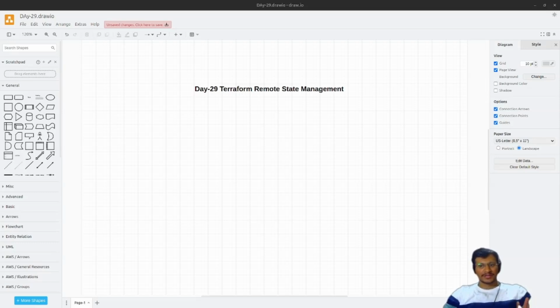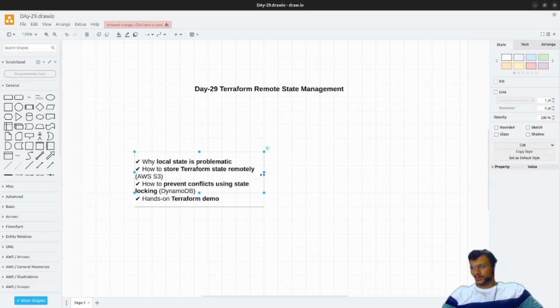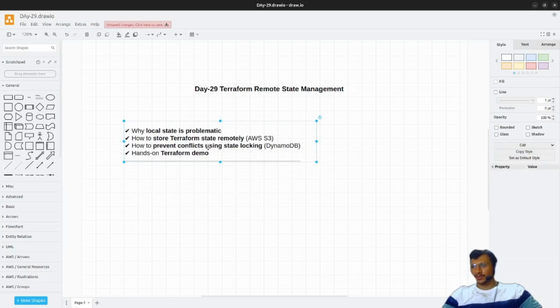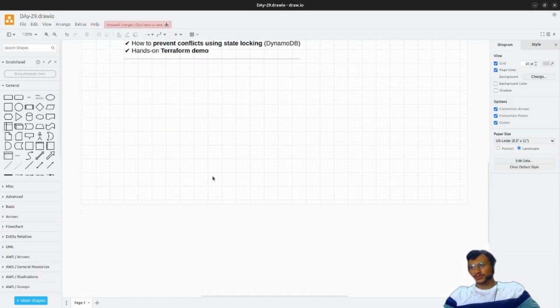So first of all, what is a Terraform state file? Let me add the pointers over here. These are the things that we'll look into in today's session. I think we answered this in our previous session, but for a recap, I'll state it again. A Terraform state file is like